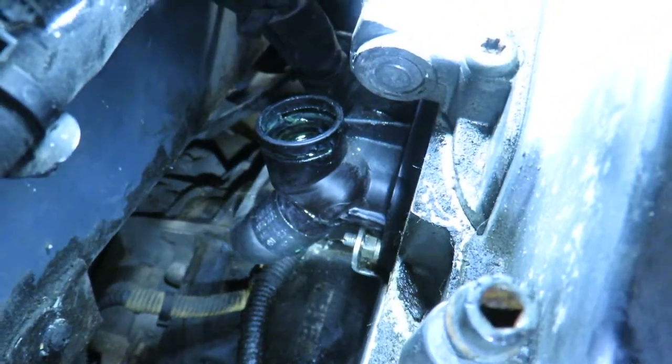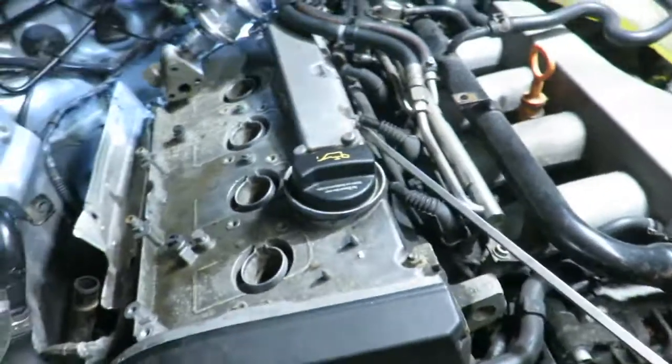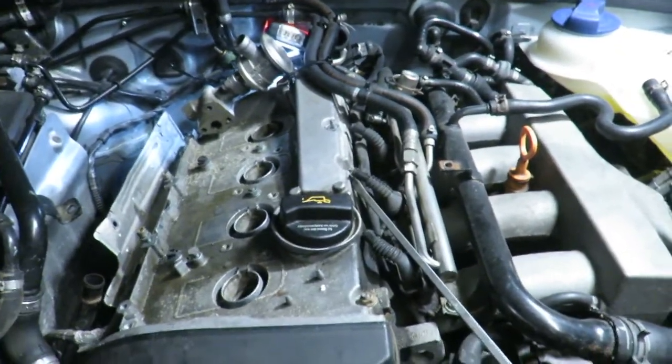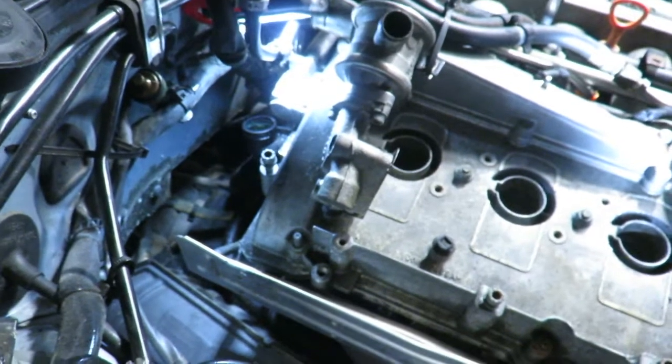At least I'm not in a hurry. This isn't my daily driver. In fact, I have it off the road. I'm just going through it and taking my time and upgrading. So the deal is that I did have that sensor seal or sensor replaced, and they told me,